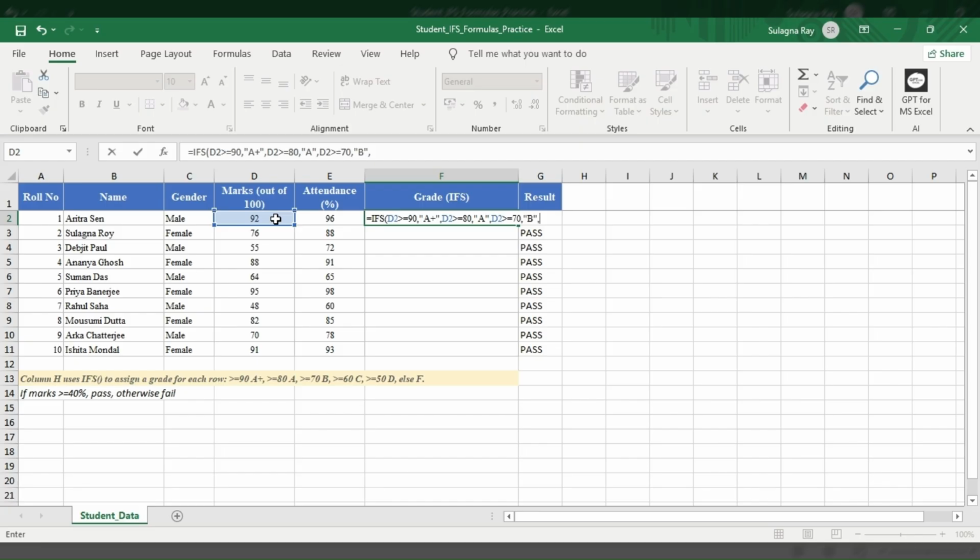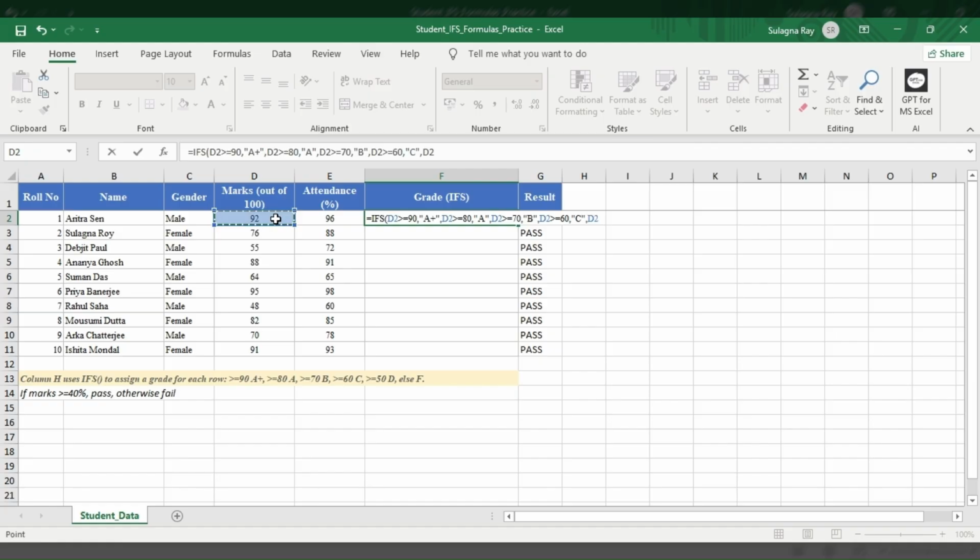Then the fourth condition is if the marks is greater than or equal to 60, then again select this cell, type greater than or equal to 60, press comma, then type the result, that is C within inverted commas, again press comma. Then we have to give the fifth condition. What is the fifth condition? The fifth condition is if the marks is greater than or equal to 50, then D will be returned.